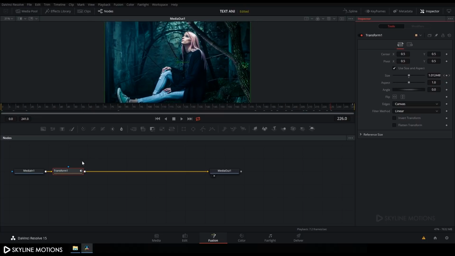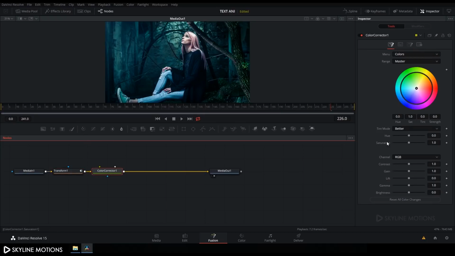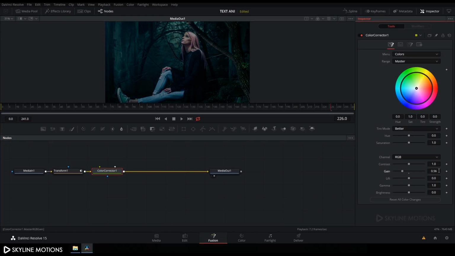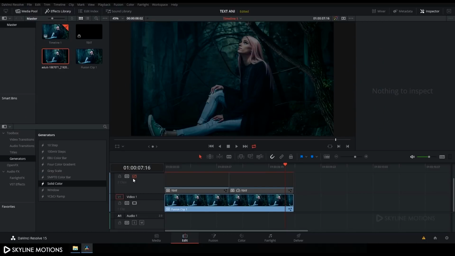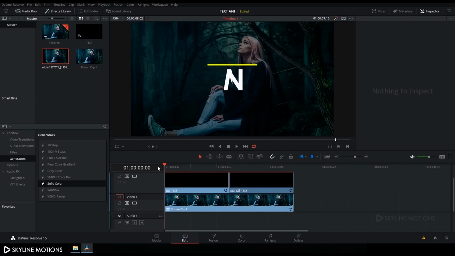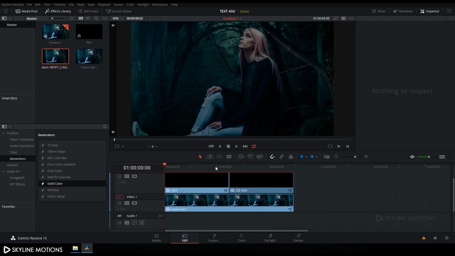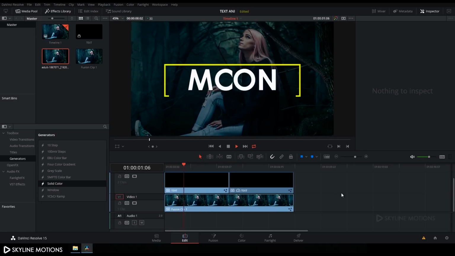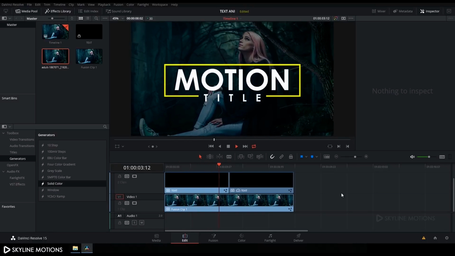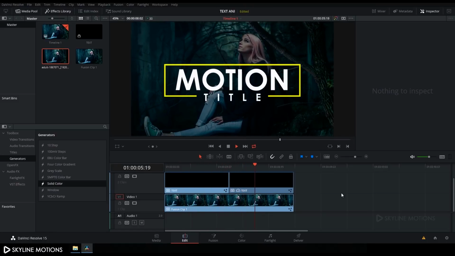Okay, now let's do some color adjustment. So just select this transform and click on this button to add a color corrector node. Okay, and here is gain value. So set this gain maybe around 0.5 and hit enter, and then go to your edit tab and let's enable this layer. And now it's almost done. So let's check this animation. Alright, so it's looking awesome,